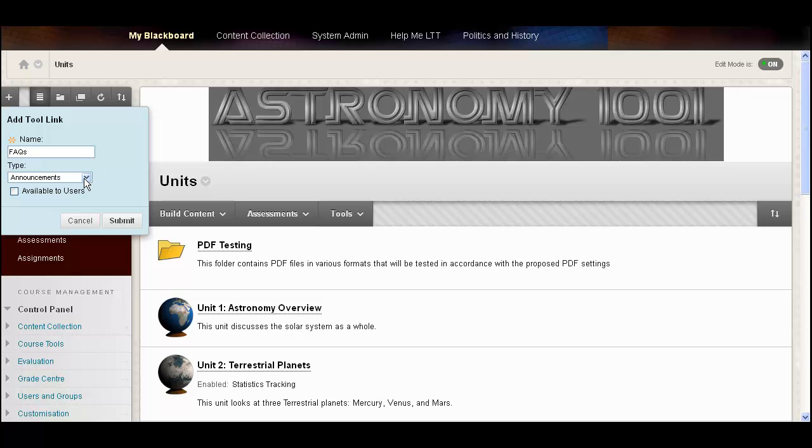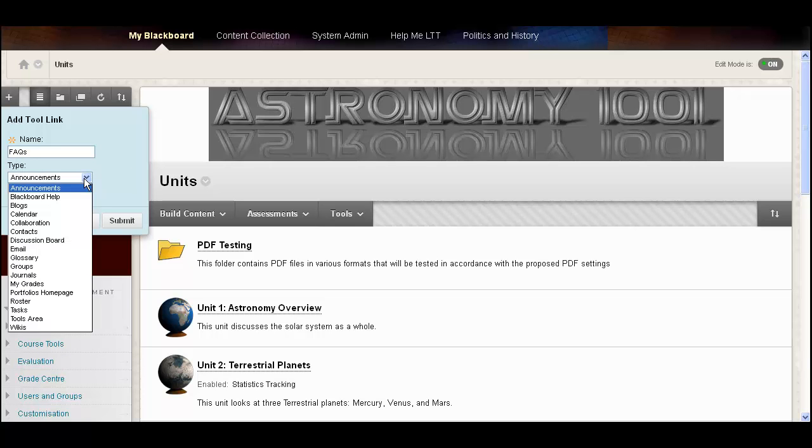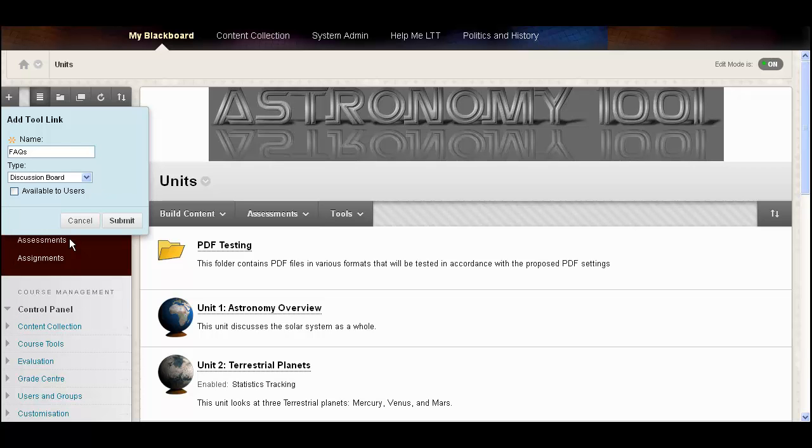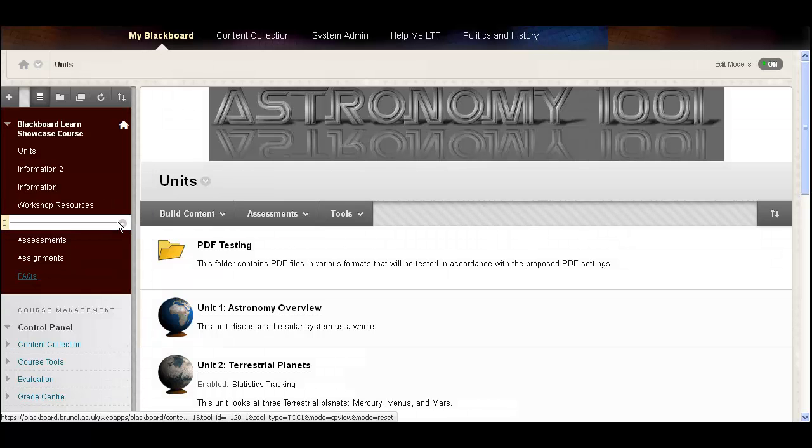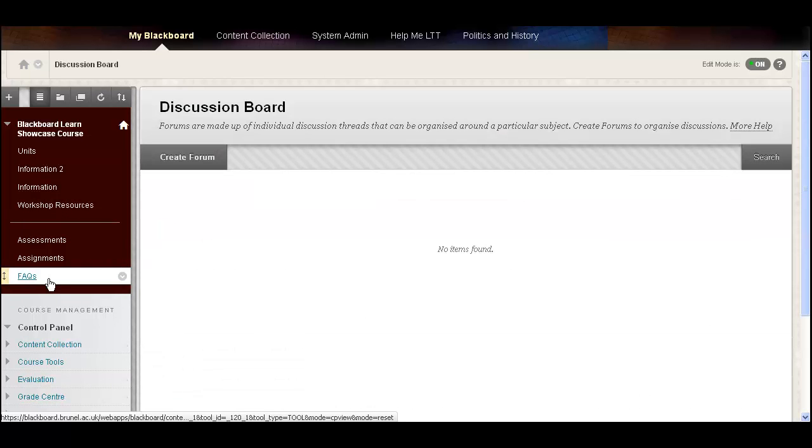Then what I need to do is to select the type of tool, which in this case will be a discussion board, and make that available to users by ticking the box. Then when I click on submit, as you can see, that link has appeared there down the bottom of the screen, on the left hand side obviously. So I've created this area for frequently asked questions,